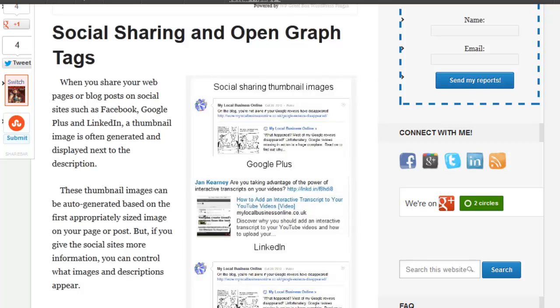I personally use the Yoast WordPress SEO plugin, and that covers a range of search optimization type tasks that many other plugins don't, and it basically means that instead of installing 5 or 6 plugins to do a range of tasks, Yoast covers everything. So let me show you what I mean with the social sharing and the open graph